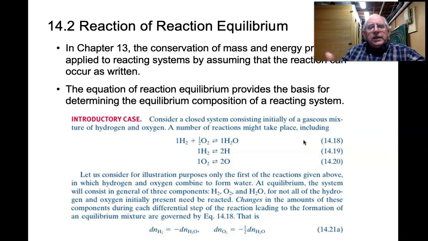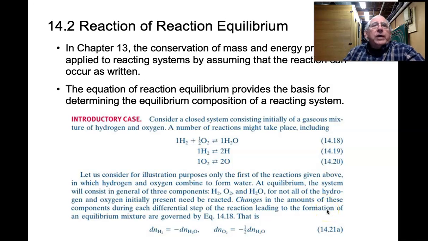And so we need to come up with some additional equations other than just the stoichiometric balance equation to tell us how much of those other components there are. And so we do this by taking a look at the changes that can occur